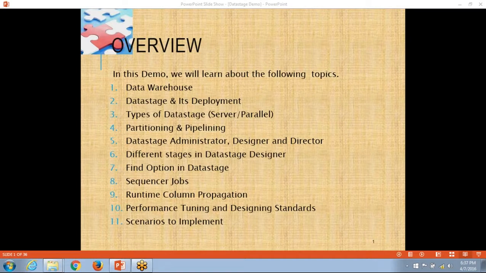One of the prominent features that we have in parallel jobs is partitioning and pipelining, which enables the same job to be executed in multiple instances, in the sense in parallel. At the same time, the same job will get executed and the performance will be enhanced, because it's just like a set of tasks being implemented by multiple people. Obviously, the time required will get reduced. So the similar concept is there, but for a more detailed understanding of partitioning and pipelining, to the level of clearing the concepts crystal clear,